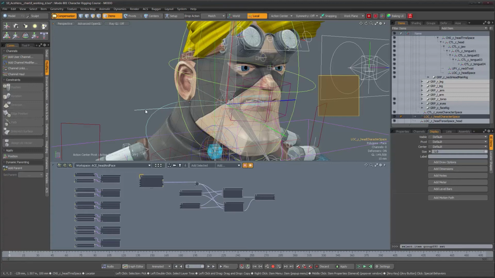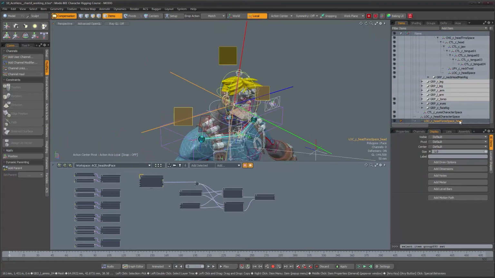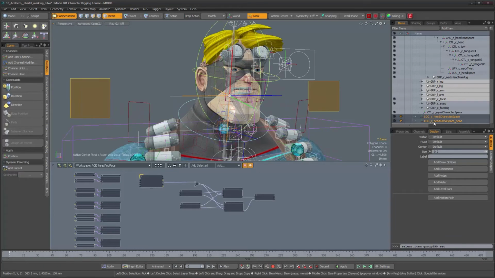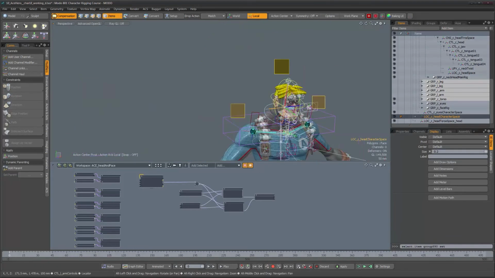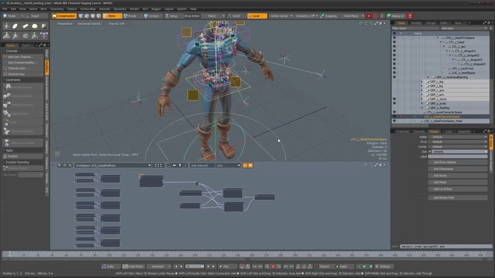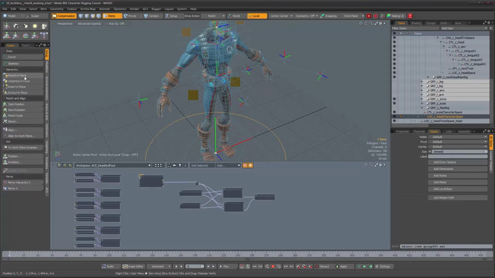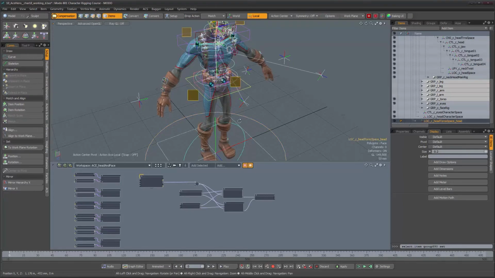All right, and we're gonna match both to our locator over here. So let's drag and drop him. There's one. There's two. Now we need to parent them to something else. So the character space is going to be parented, obviously, to our control. So let's parent in place. And the torso one,